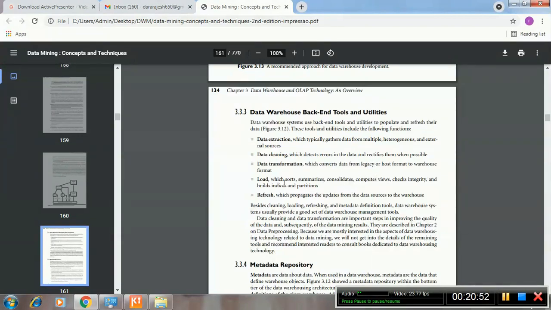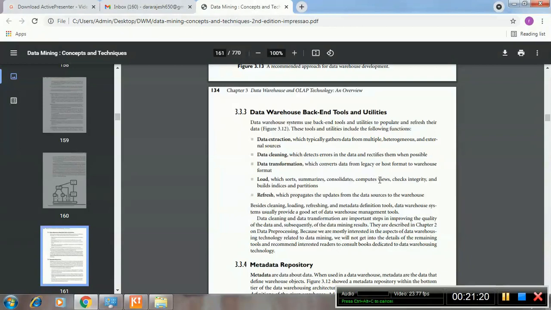Next, load, which sorts, summarizes, consolidates, computes views, checks integrity, and builds indices and partitions. We are arranging the data in the form of summarized data, in sorted order, or in consolidated, combined order. It computes views in different forms, like graphical view or cuboid view.